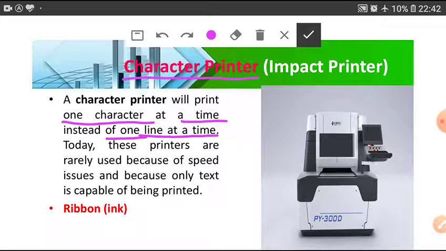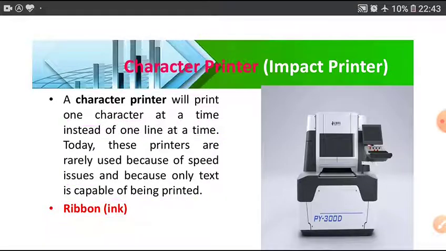Today these printers are rarely used because of a speed issue. Because only text is capable of being printed. By this printer we can print text only. Ribbon. Ink is available on ribbon, same as line printer.